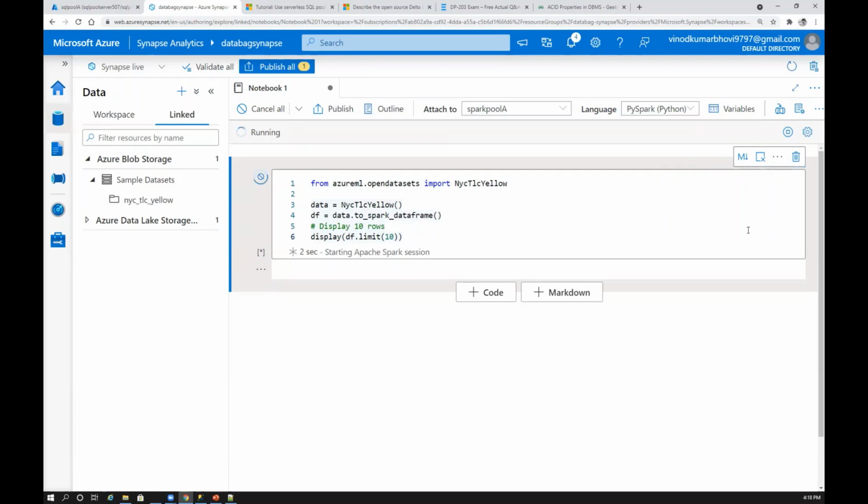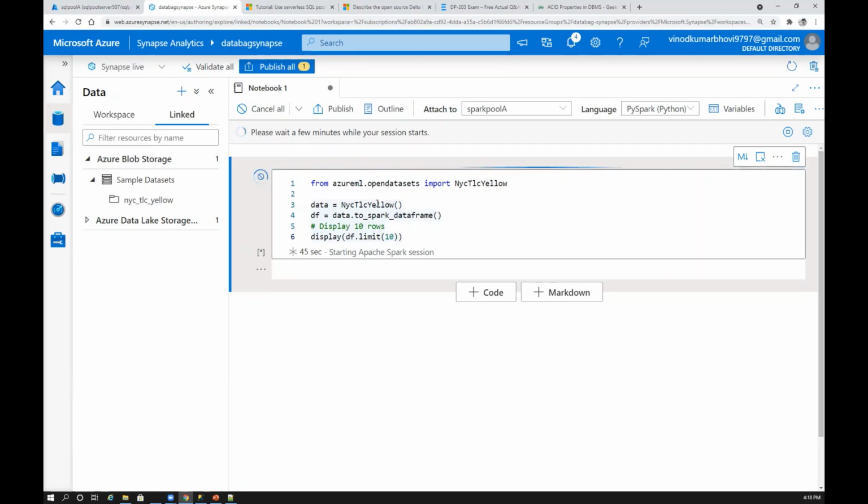It's going to take some time, I believe. Like I said, this performance completely depends on the options which you choose, like the cores and the memory, because for small, medium, large, double XL, you have different variations and combinations of vCores. So what I wanted to tell you is that all the Spark operations you run against the Spark pool, and all the SQL operations you run against the SQL pool. I'm not sure, it's taking time. Let's cancel this. But anyway, you're going to see the data frame with all the data.